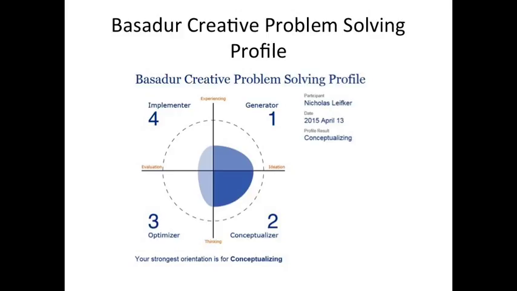From this, a creative problem-solving profile is generated for each student. Their strengths, their weaknesses. For instance, this is my own. And as you can see, I am a conceptualizer. This is not unusual for an academic. Now keep in mind, this would actually be unusual for a student. It's just one of those things that lets us know that sometimes we don't think the same way as our students. But the goal is to see how our students think. In other words, what area of problem solving do they work best at?